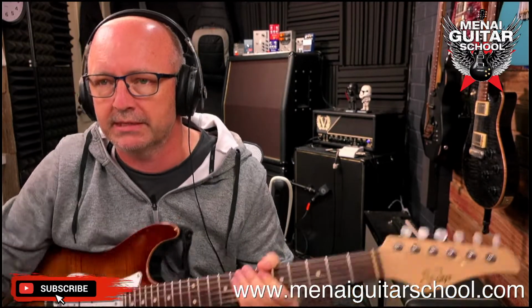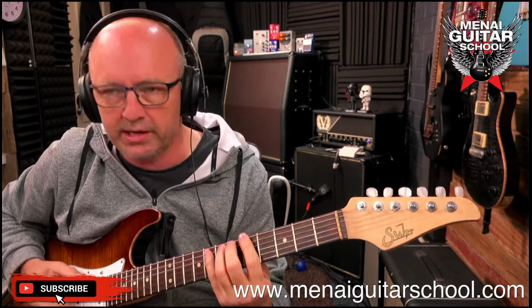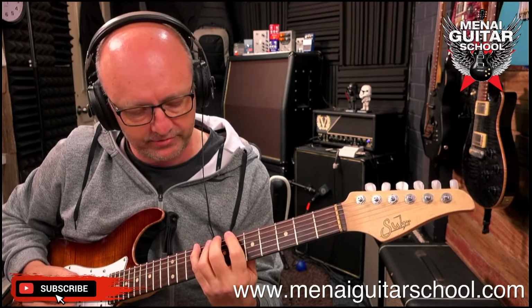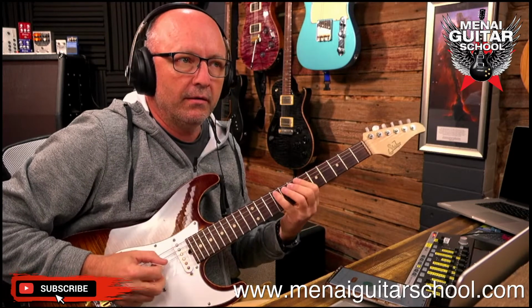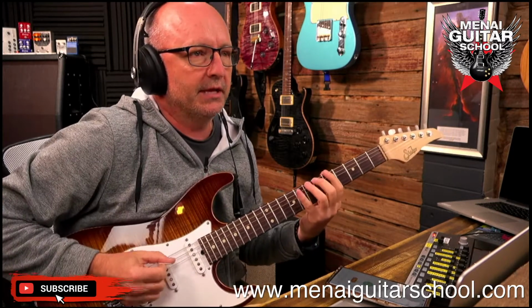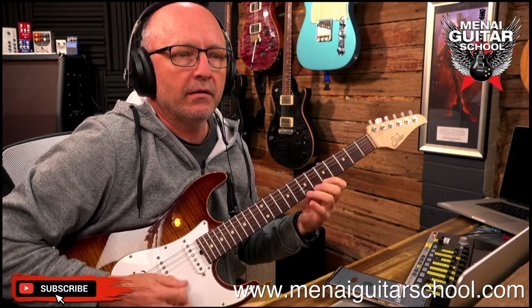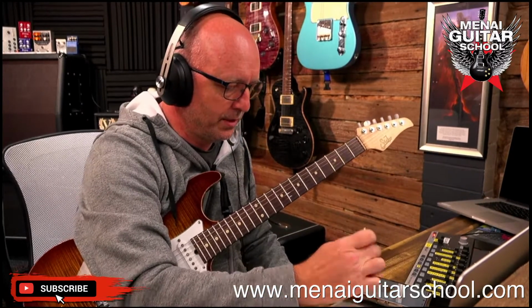I just do that one from the 5th fret. It's not really the chromatic scale, because the way it would technically be played would be 5 notes on one string and then 5 notes on the next string, but we're just playing the same sort of fingering idea, just 4 fingers right across the guitar. So we're just going to do that for 1 minute,